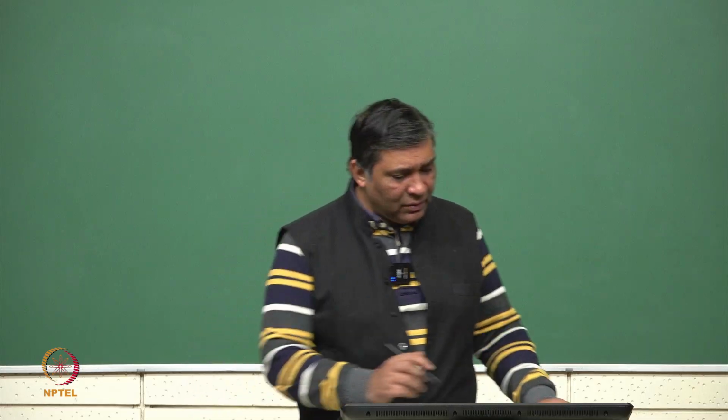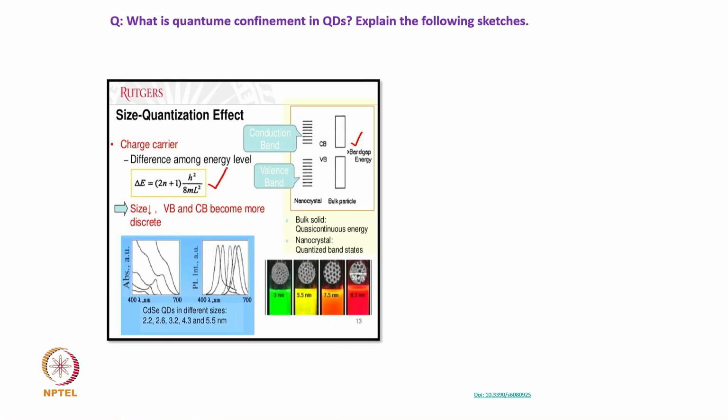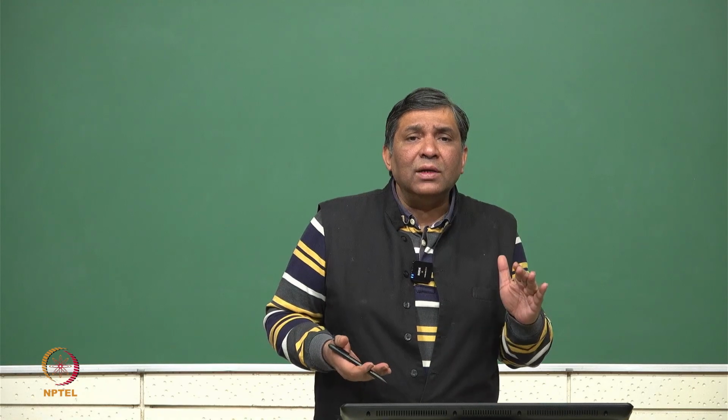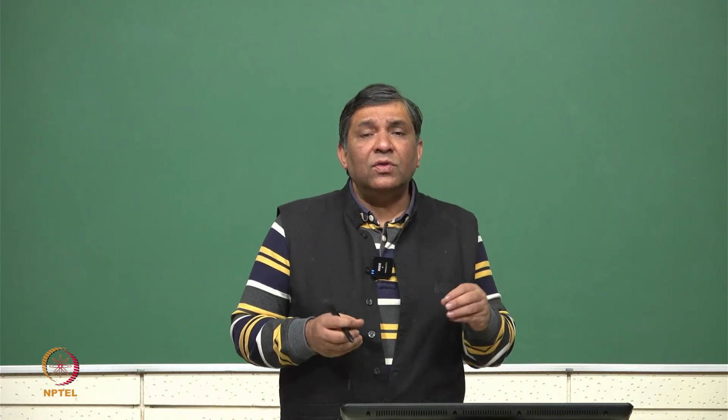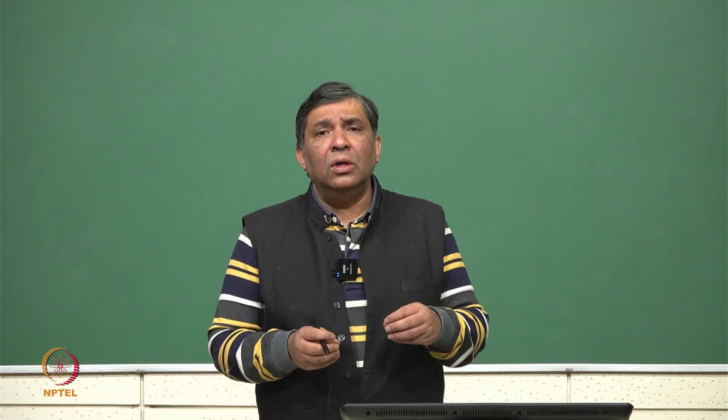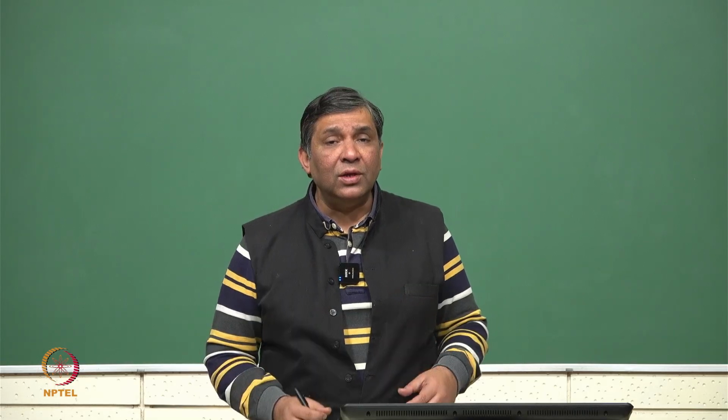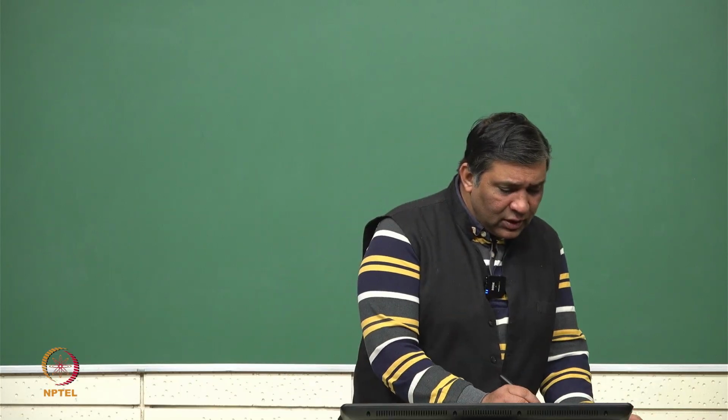So, there is a spread in the energy levels when you consider a quantum dot. What you see now in the case of a quantum dot is this valence band and this conduction band, and there is a discretization of energy levels because of the quantum confinement of electrons in the quantum dot. And that actually enhances the band gap or the energy, and this eventually gives a very good property related to absorption. So, let us look at this.